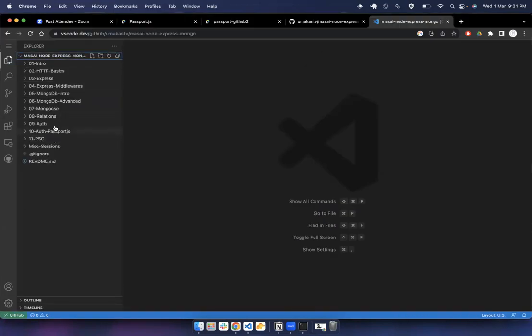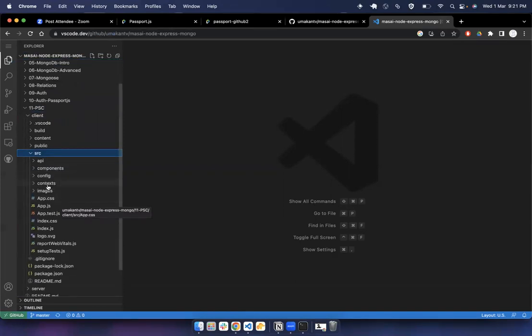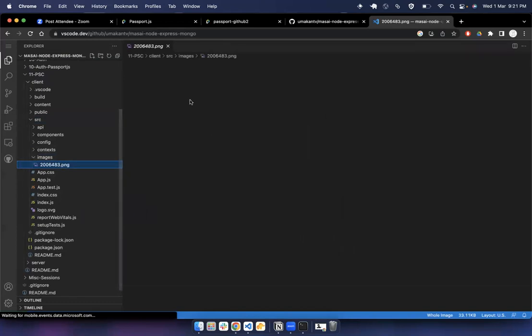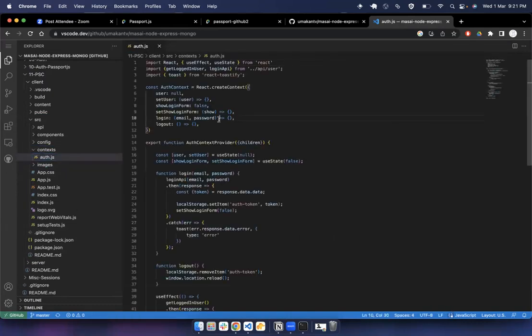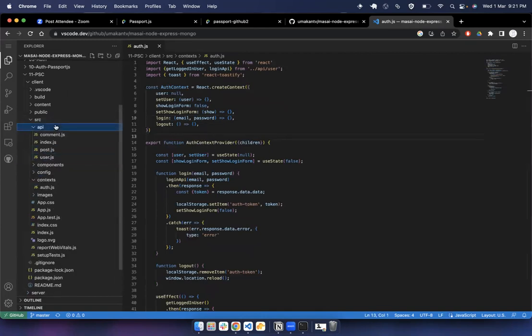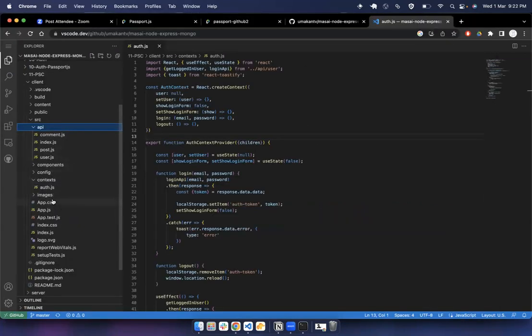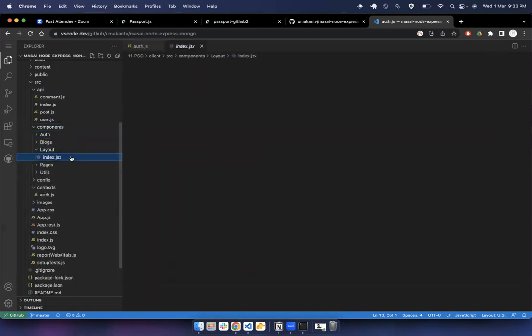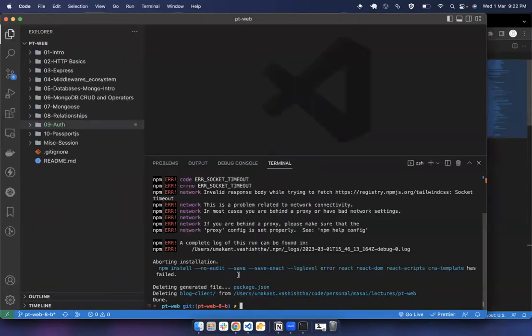Okay. So I have this client folder. Inside this, I have this React application. And here I have some images. The most important part is the auth context that we are going to use. And also I have created a separate folder for APIs, which we are going to copy from, and some components. So for example, this layout component I'm going to use,